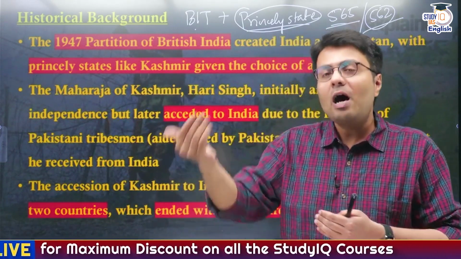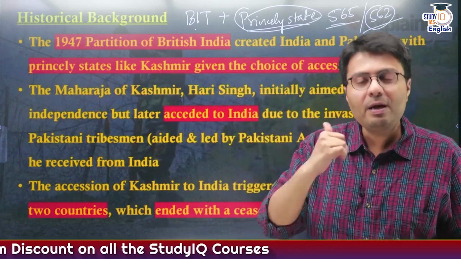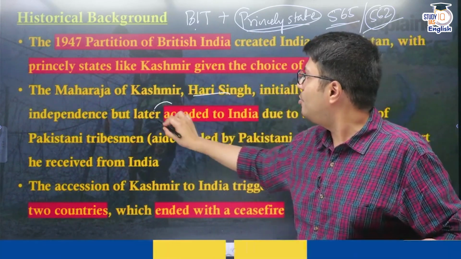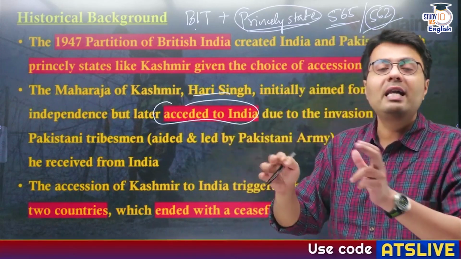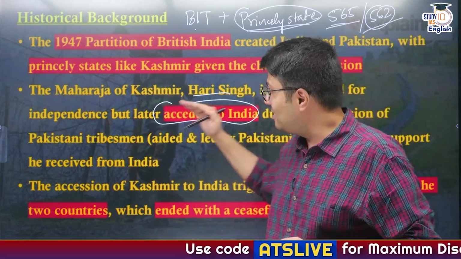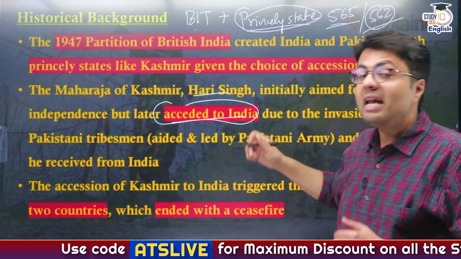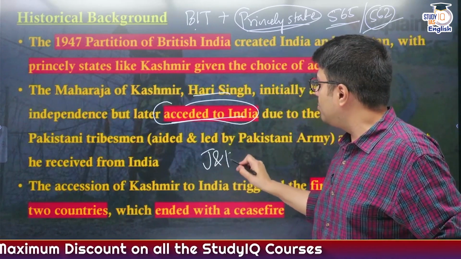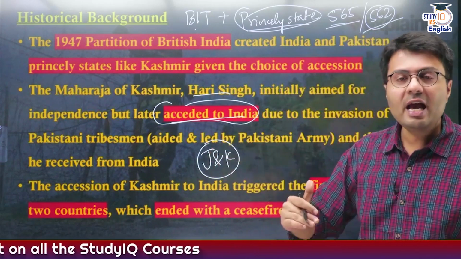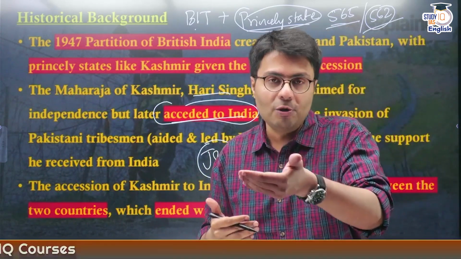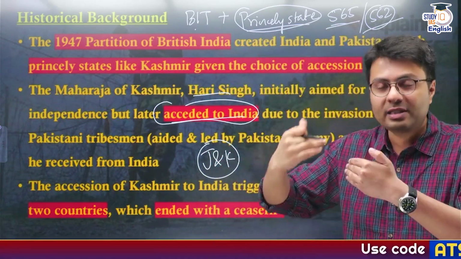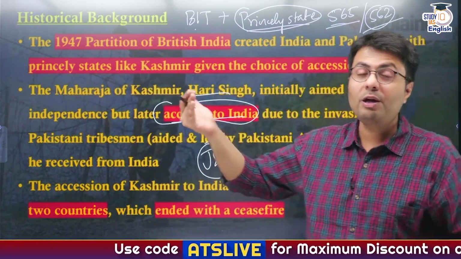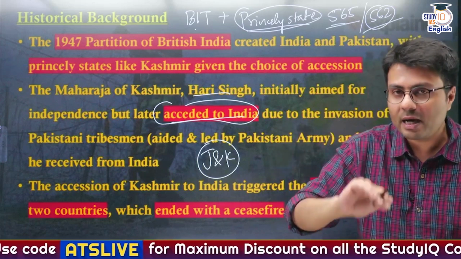So in order to allow the Indian army to liberate Jammu and Kashmir from the Pakistani invaders, Maharaja Hari Singh decided to accede to India by signing an instrument of accession. And since Maharaja Hari Singh signed an instrument of accession with the Indian Union, the erstwhile state of Jammu and Kashmir rightfully, legally and formally became part of the Indian Union, and this allowed the Indian government to send Indian armed forces into Srinagar and liberate the parts of Jammu and Kashmir from the illegal occupants, that was Pakistani tribals and